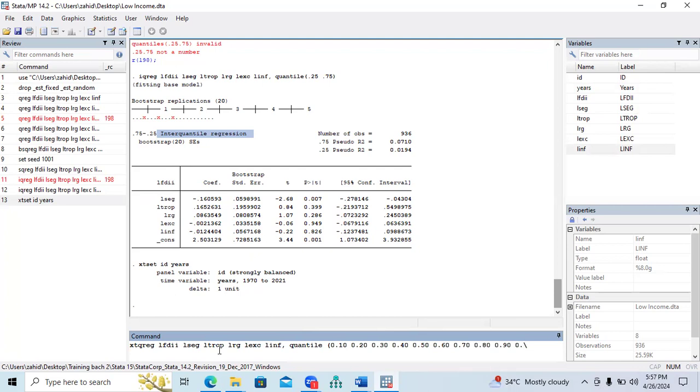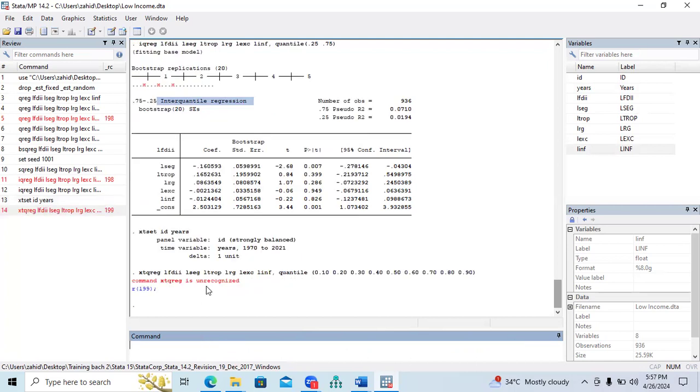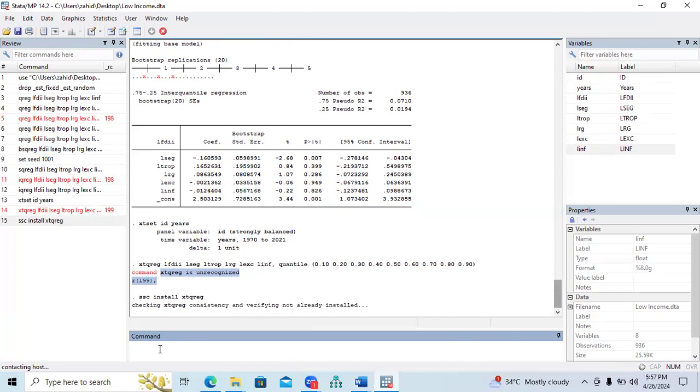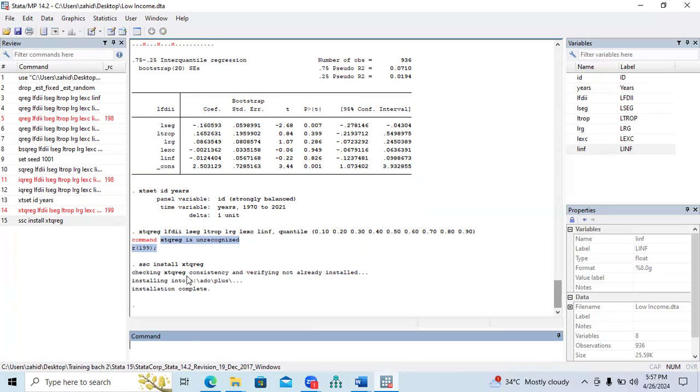All right. 90% is the maximum value, because at 100% it may not work. It is saying that this command is unrecognized. So what I need to do, ssc install xtqreg. So it will install the software package, and then we will be able to run this command. Installation is complete. Now we need to run this